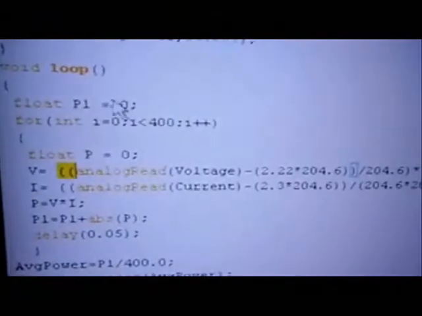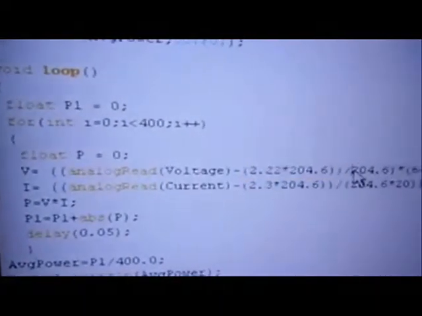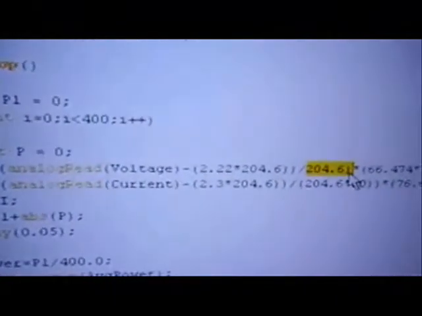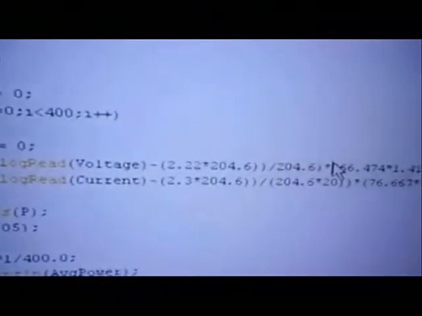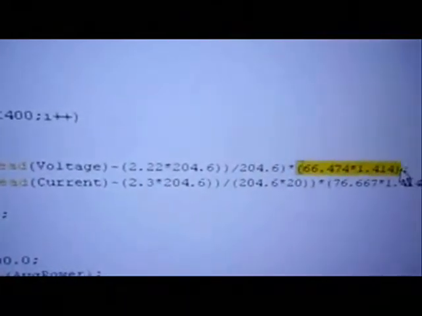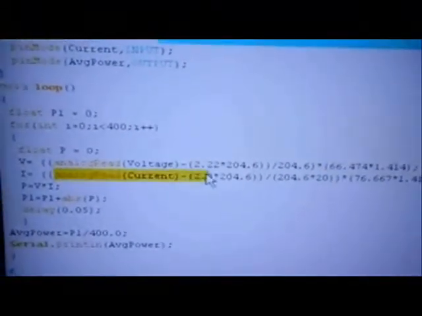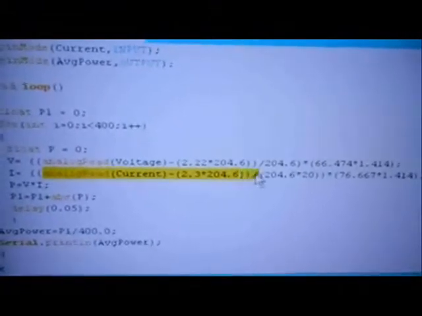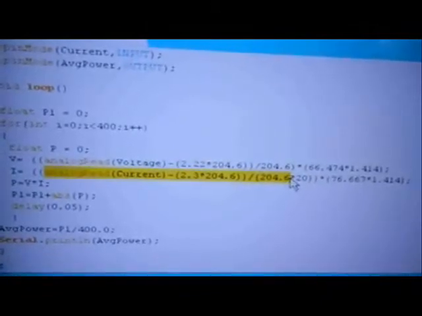The voltage waveform from A0 is negative offsetted and is then converted into decimal value to get the AC voltage waveform. It is then multiplied with the transformation ratio of the potential transformer to get the actual voltage waveform. Similarly, the current from the pin A2 is also negative offsetted and then converted into decimal value to get the AC voltage waveform.